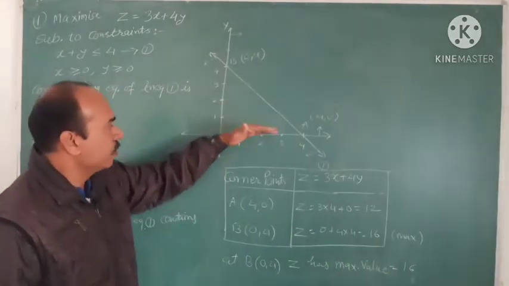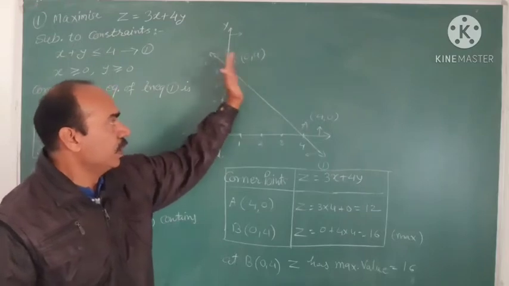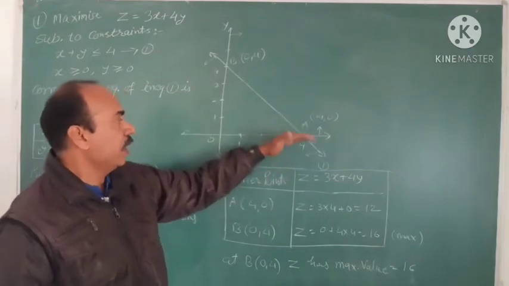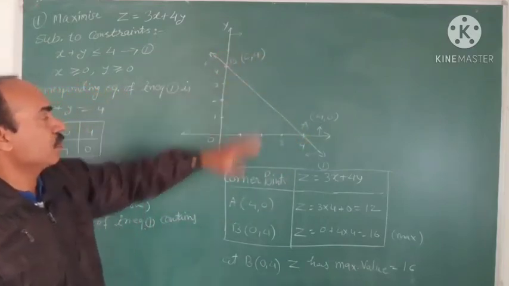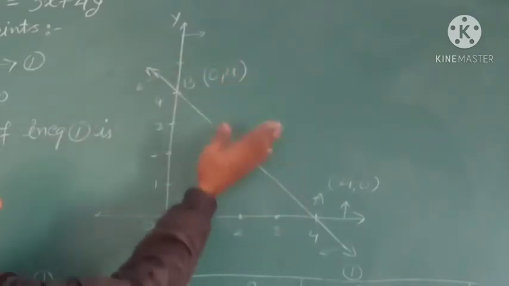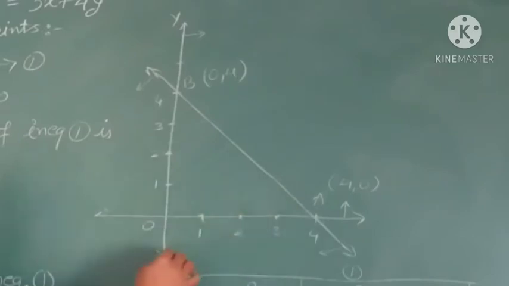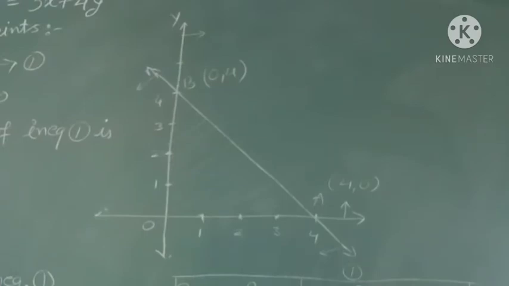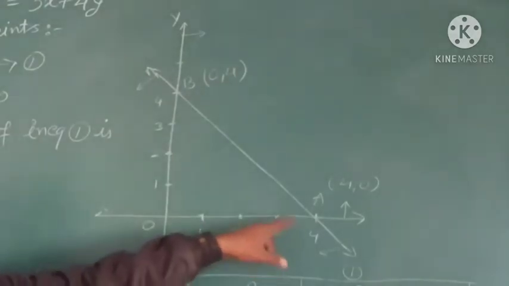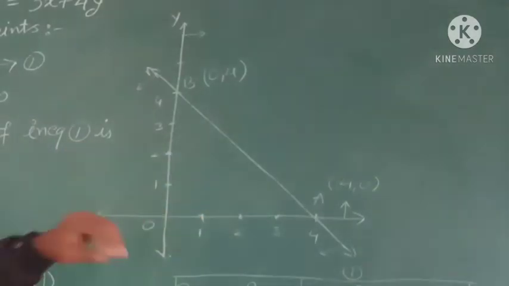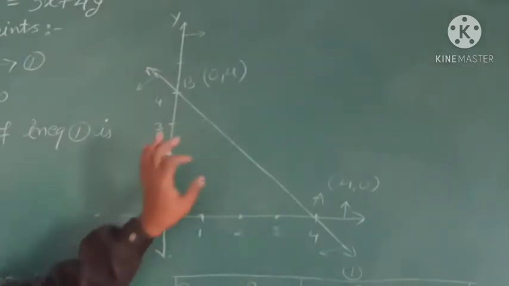So x is greater than or equal to 0, it means this side, and y also greater than or equal to 0 on this side. So it is the first quadrant. So the common area of the right half plane, upper half plane, and lower half plane of line number 1 is only triangle OAB. Now observe this triangle. Here we have only a bounded region; the unbounded region is once again removed this year. So OAB is the bounded area.